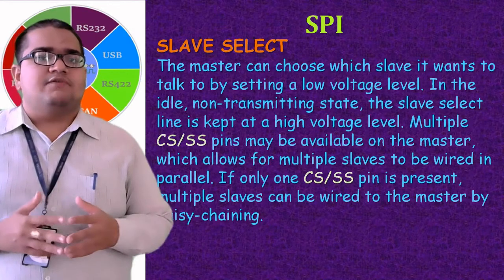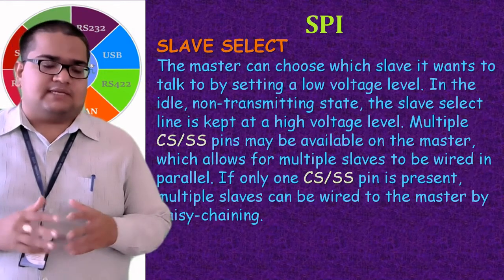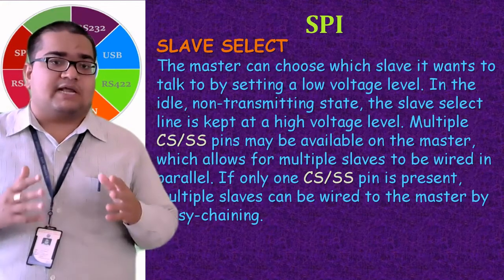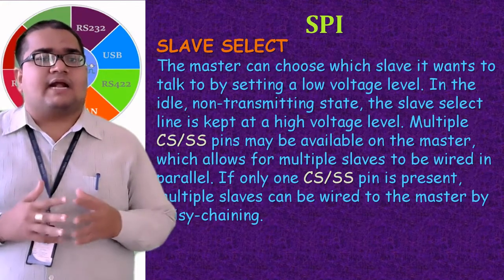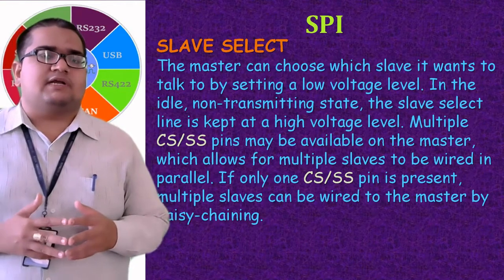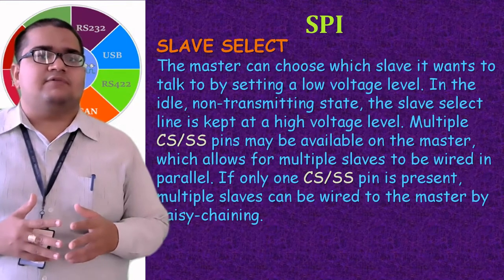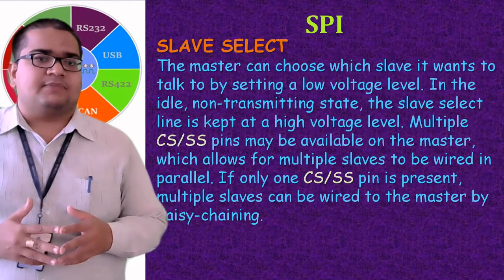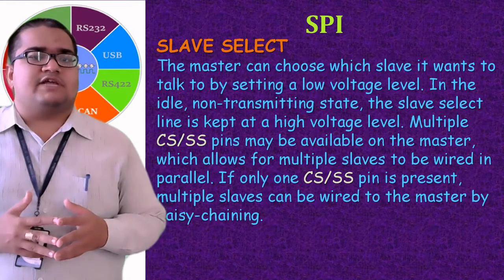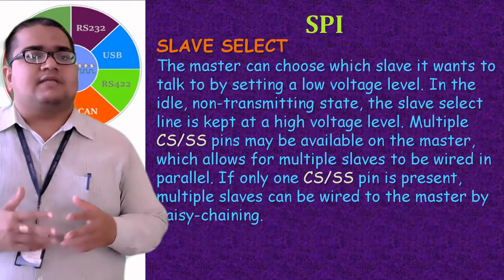The master can choose which slave it wants to talk to by setting a low voltage on this line, so it is an active low type of signal. In the idle, non-transmitting state, the slave select line is kept at a high voltage. Multiple slave select lines may be available in the master, which allows multiple slaves to be wired in parallel. If only one slave select is present in the master,